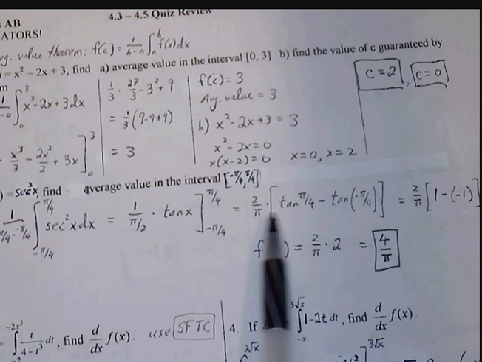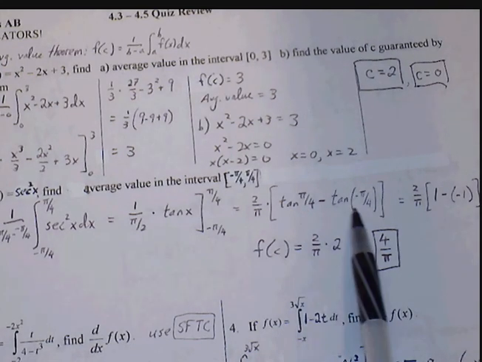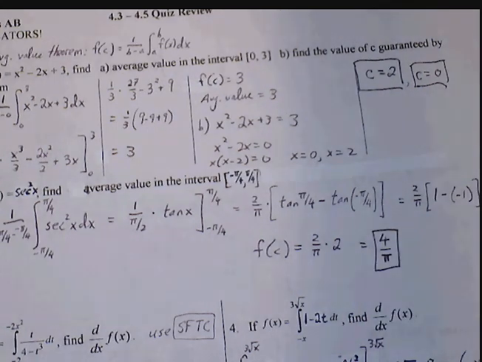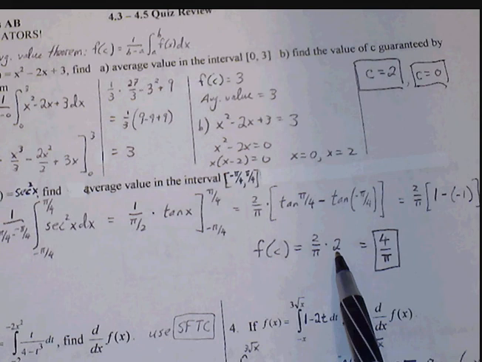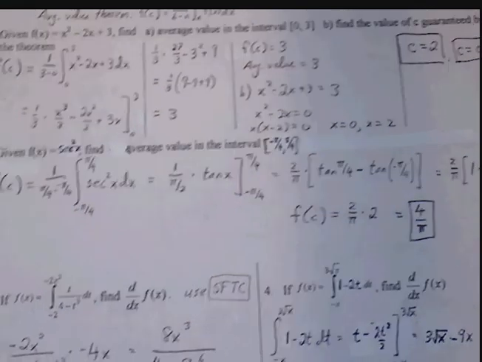So we get 2 over pi times 2, because tangent of pi over 4 is 1. Tangent of negative pi over 4 is going to be negative 1. So we get 2 over pi times 2, which is simply 4 over pi, so we have our average height there. Okay. Number 3,